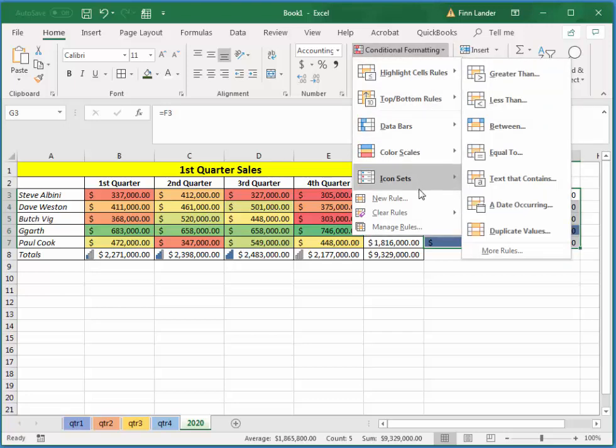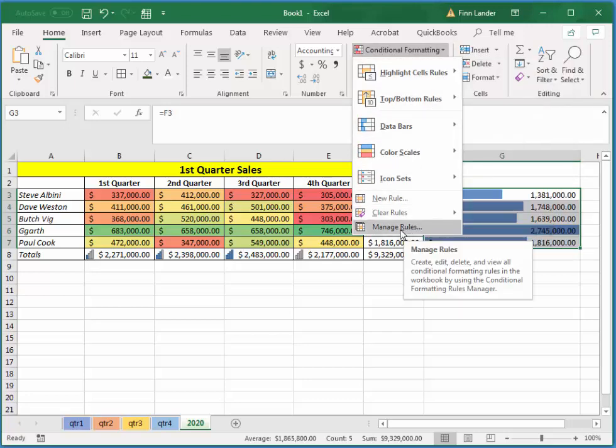So if I choose manage rules, this allows me to add a whole bunch of different conditional formatting that we can't really get into in this video, but your imagination will probably take you there. So if I choose manage rules,